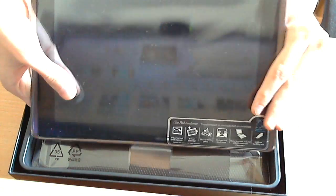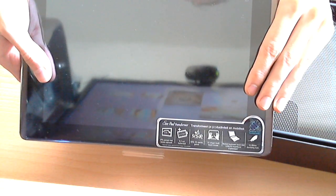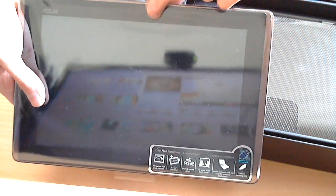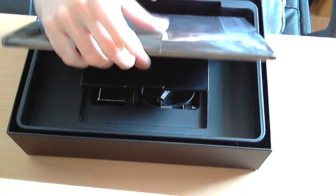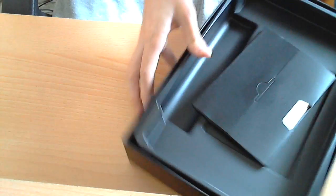And then on the front we've got the 10.1 inch, I think, around a 10-inch screen. I think it's a 10.1 inch IPS display, with our internal camera here, which is 2 megapixels, I think, and the rear 5 megapixel camera that shoots 720p video on the textured back. Put that aside, and now we've got the keyboard dock that really makes this thing a transformer, because it transforms